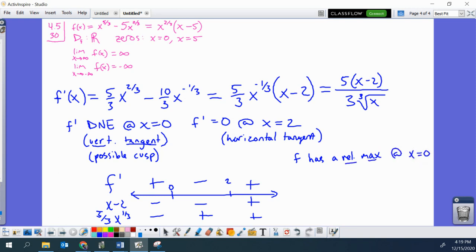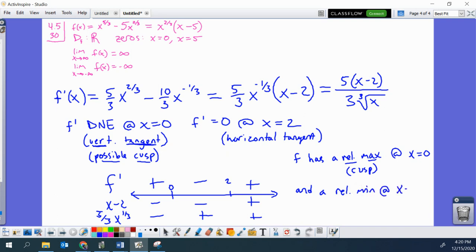at x equals 0. And again, this is the one where we had the vertical tangent, and it is going to be a cusp. That's what that means, right? If we have a maximum there and the tangent line is approaching a slope of infinity from each side, that zero denominator in the derivative, that means that you have a cusp. So let me write that, a cusp. But it's still a relative maximum. It's still a point on the graph. It's still the highest point in its neighborhood. And a relative min